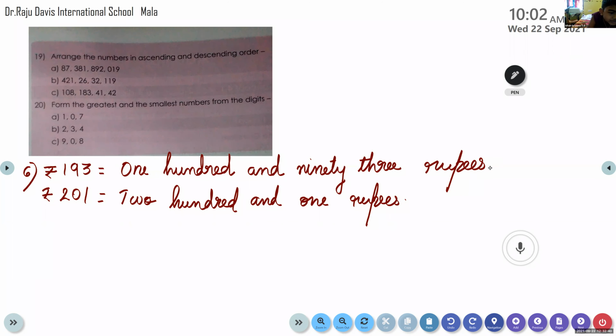Fifth question answer is 9, my dear. Near to that question, you can write the answer. Fifth question answer is 9. Face value of the given digit is 9. Face value, given place value is 90. That means the digit is 9. 9 tens is equal to 90. So the digit is 9. Its face value is 9 itself. So you can write 9 near to the question.